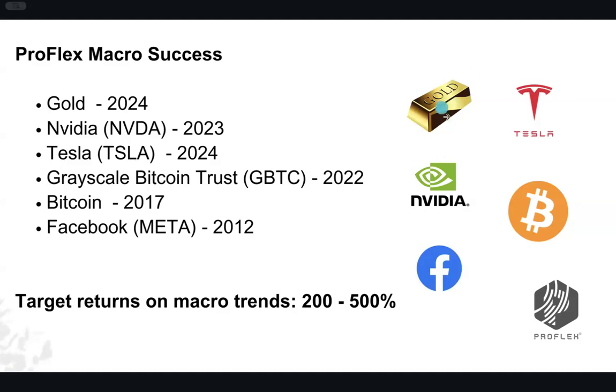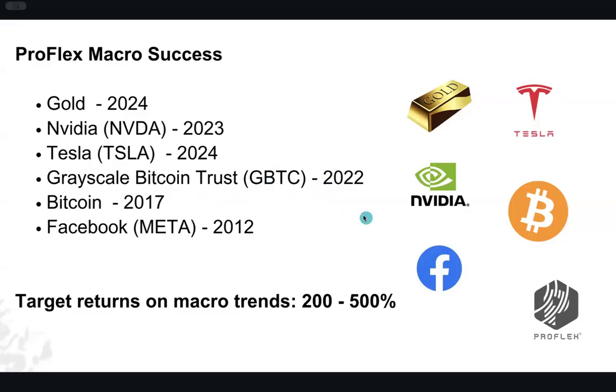Gold was something we identified using geopolitical trends. Last year we issued this talk about how it would be one of the biggest up moves from below $2,000, and now we are sitting at 3,500. NVDA we did very early on, at sub $25 after split adjustment. Tesla we did pretty early on last year when it was at the lows of 140. We found this trend, caught it, and generated almost 300% returns on that.